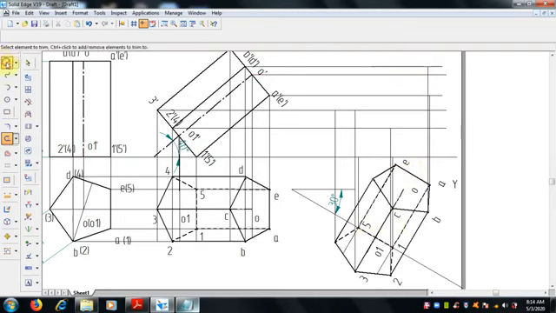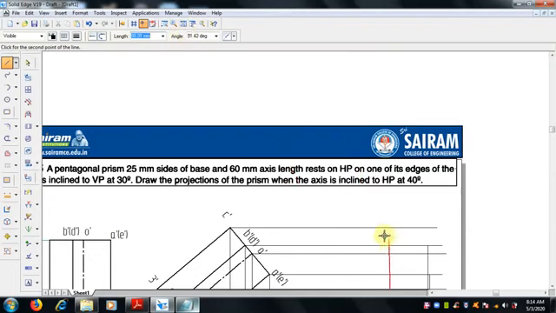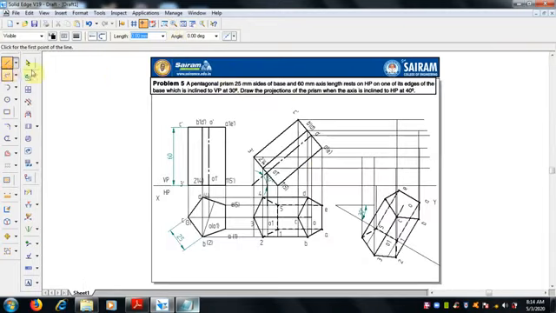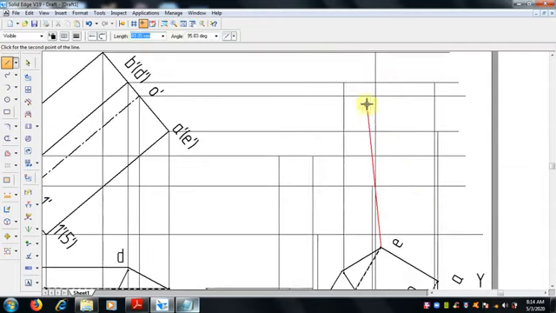Then C, the end point C with C, select, this is D, E to E. So now all ABCD is done.